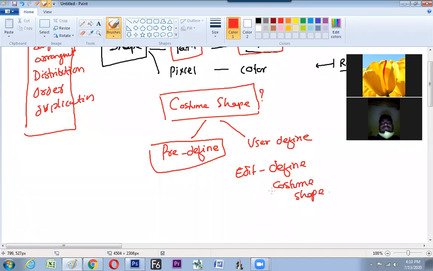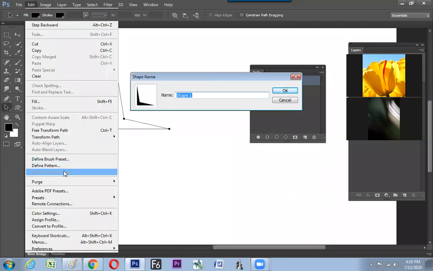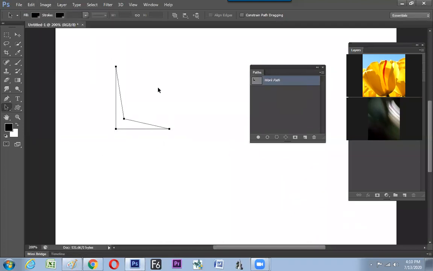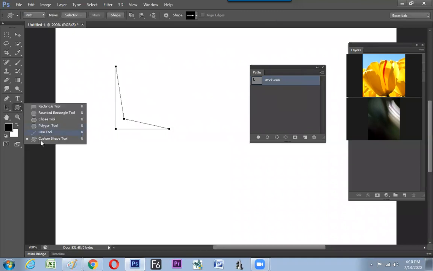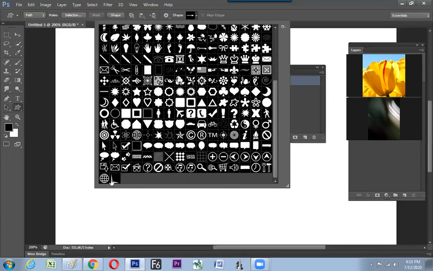So now we got to know how to make a particular shape into a custom shape. So let us see, after doing that, what happens? Instantly that design comes into the bunch called custom shapes. Click over there, switch to the option bar, go to the extreme last, and you find your shape.